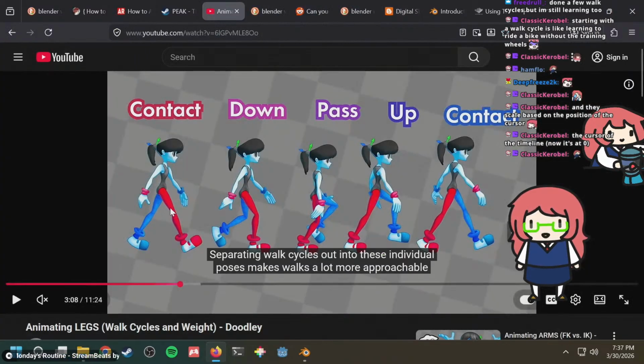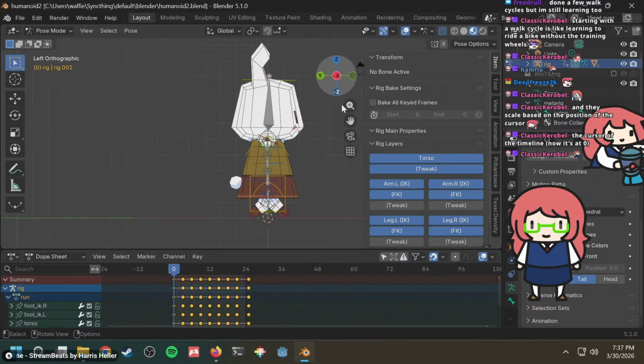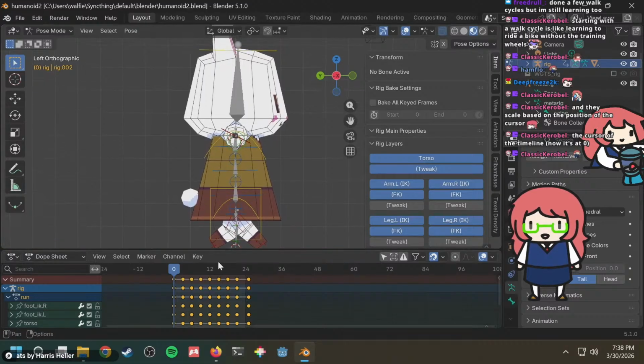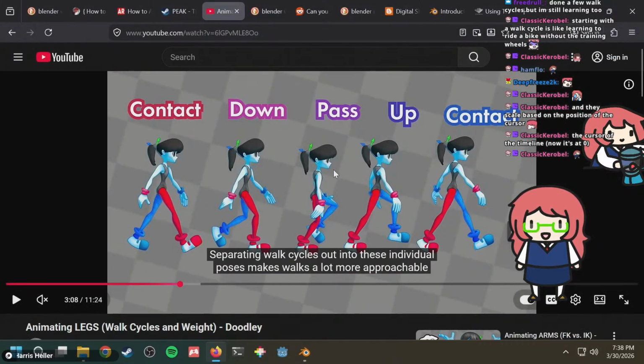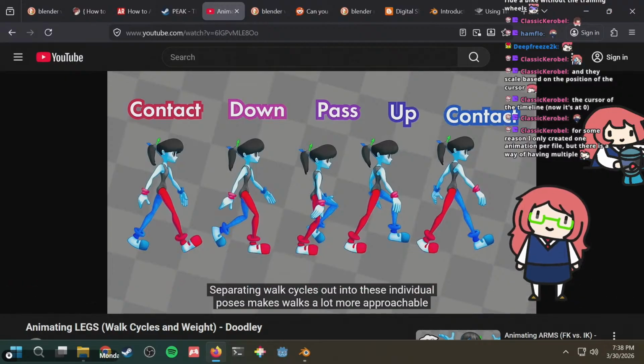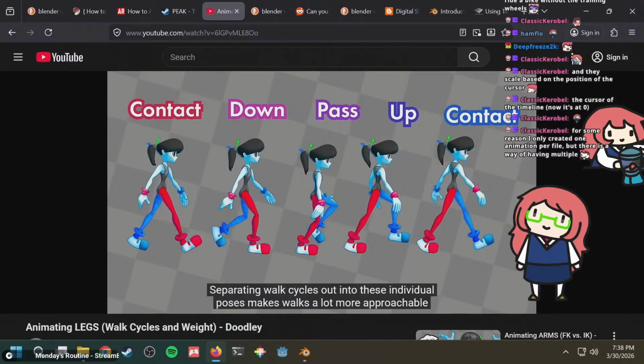Blender. Okay, so the walk cycle. Have it face the other way, like this. And then, okay, so you start off. So when at the pass pose is when, for some reason I only created one animation per file, but there's a way of having multiple. I would assume so. Because if you're making this for games, obviously you would need them to have multiple animations. Surely.